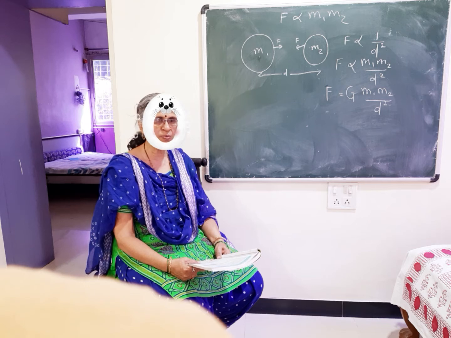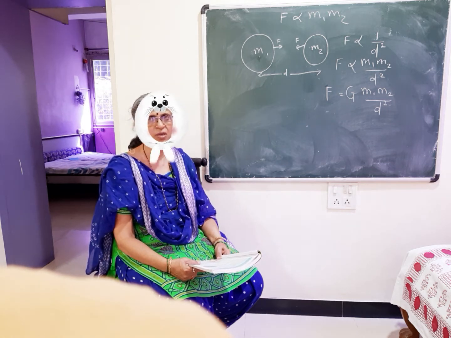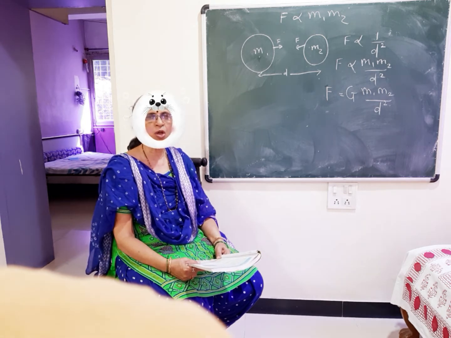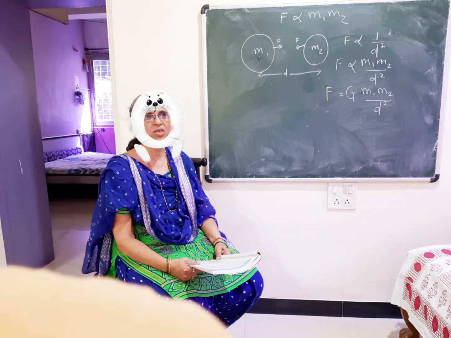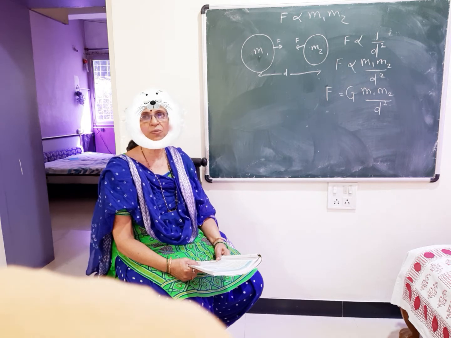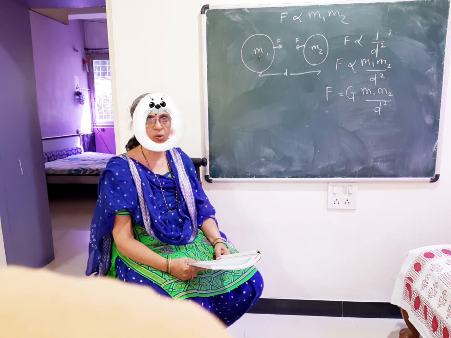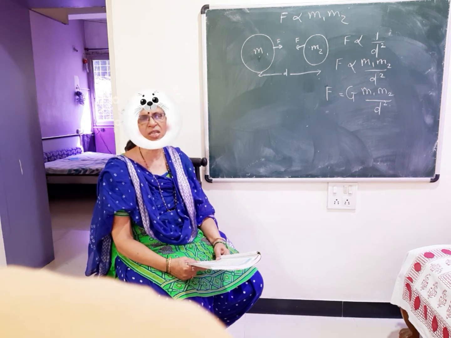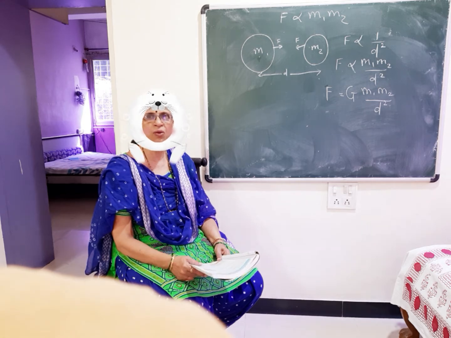And if the object is spherical having uniform density, the center of mass will be the geometrical center. But if the object is not spherical having uniform density, the center of mass will be the centroid. So centroid means it is the point of intersection of the medians, that you know. So that is how we are going to consider the concept of center of mass, but it is only applicable for the objects which are non-spherical or which are irregular in shape.